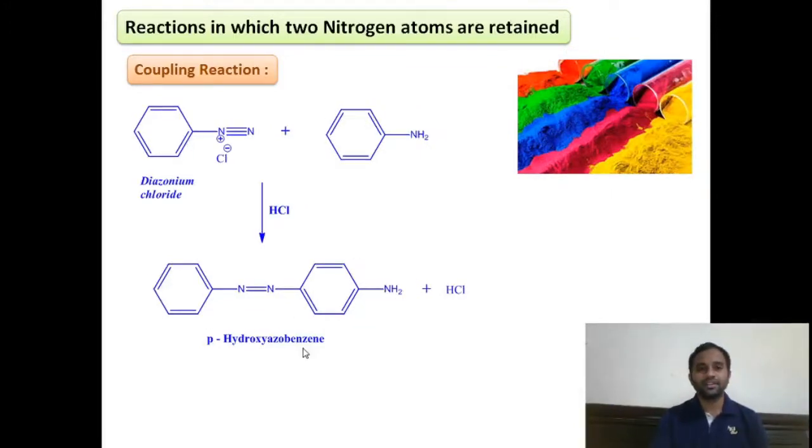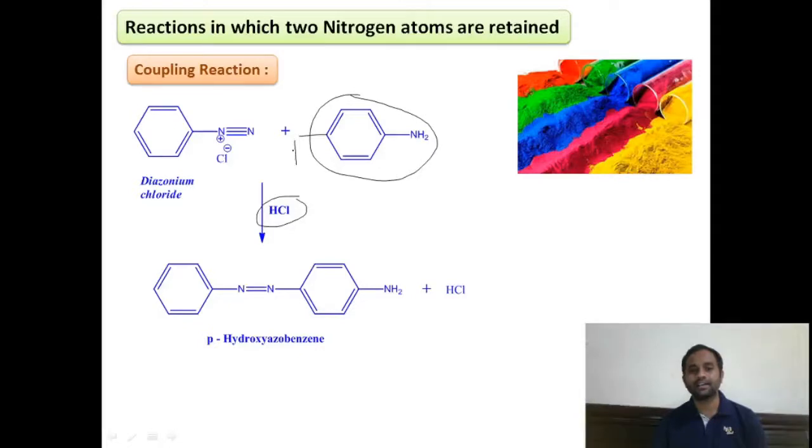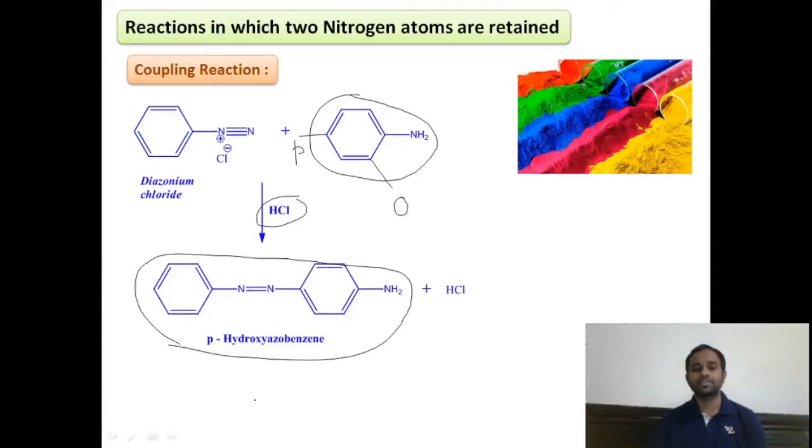And coming to the another coupling reaction in which we have taken aryl amine as the reactant. Our benzene diazonium chloride underwent coupling with the aryl amine in presence of acid medium, weak acid medium. Here the coupling takes place either at a para position or at a ortho position, right? Similar to that of phenols, here also the coupling takes place either at para position or at ortho position to give this para substituted hydroxyazobenzene, right?